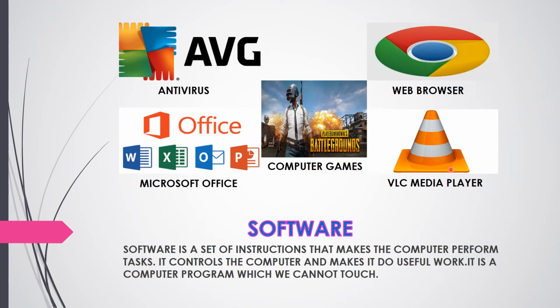Hardware cannot work by itself. It needs step-by-step instructions. They are like an army that needs a commanding officer. The software is a commanding officer. It is a set of instructions or programs that tells the hardware what to do and how to do. A program that runs on a computer is called a software. The games that you play and program that you use to learn interesting things on computer are called software. Some examples of software are Microsoft Office, antivirus, VLC media player, computer games, web browser, etc.